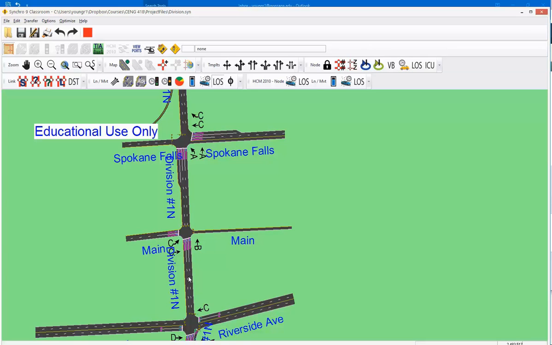In the future, they'd like to do that on Division and actually take one of the lanes away. So instead of having 3 through lanes for traffic, it would be 2 lanes for traffic and